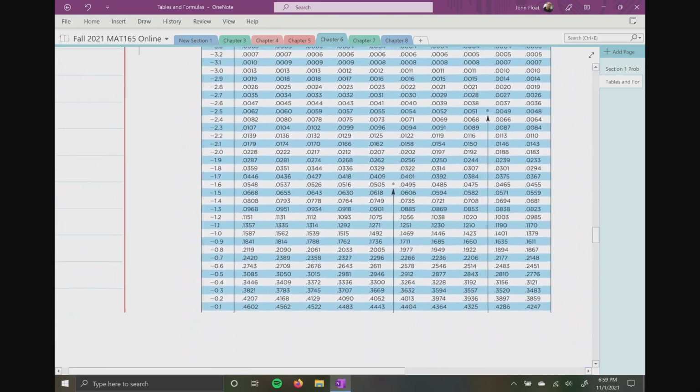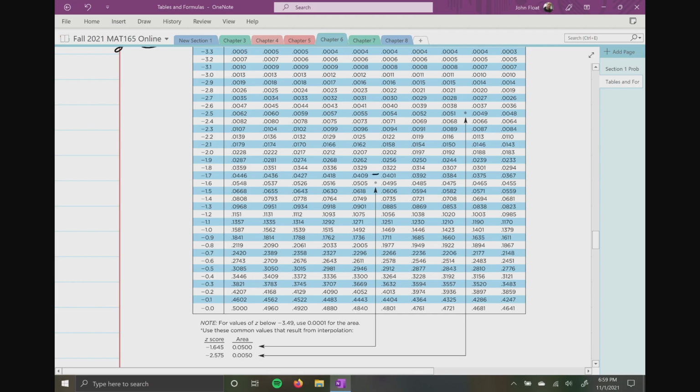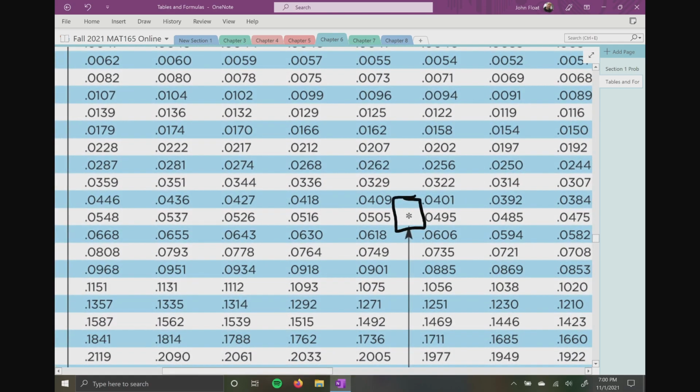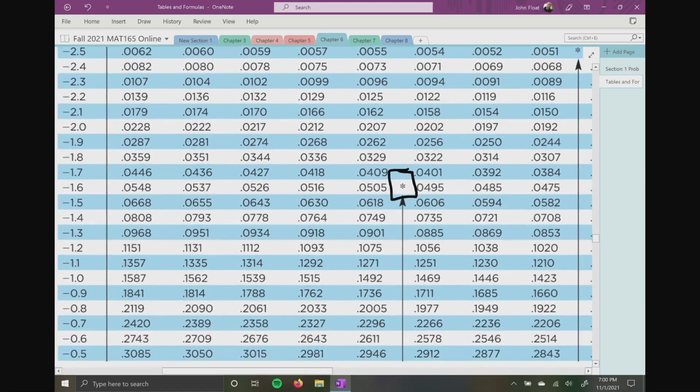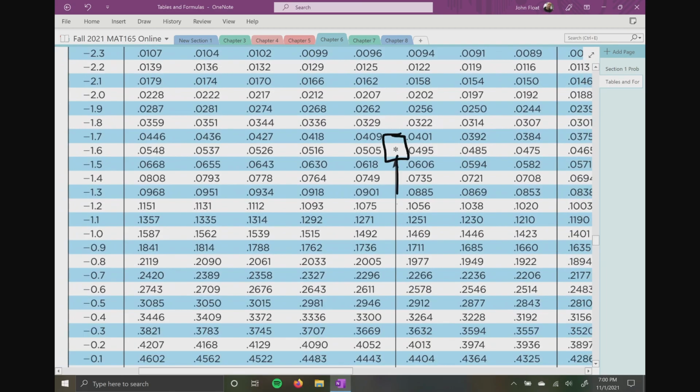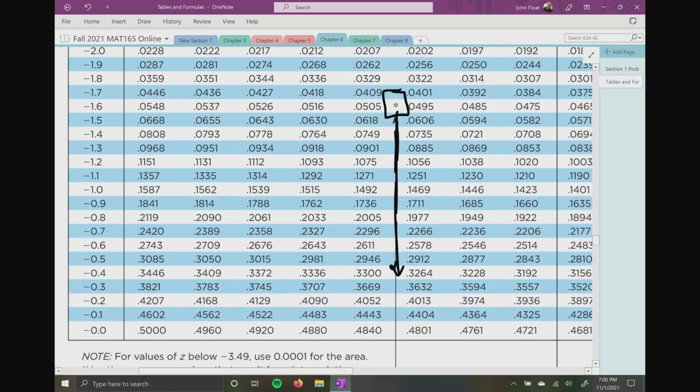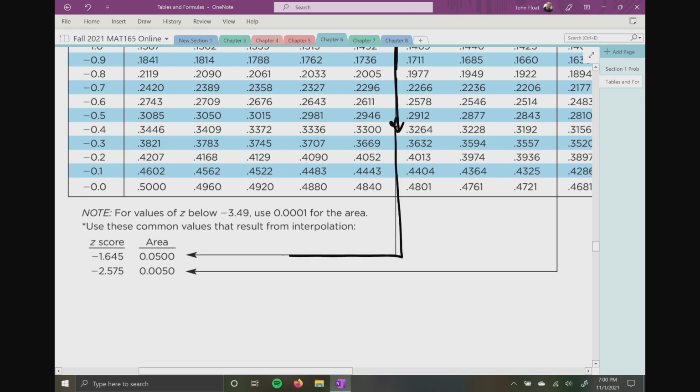Now, luckily for us, there's that little asterisk. So I'm going to zoom in. Do we see the little asterisk right there? Look at the numbers to the left and to the right. To the left, it's 0.0505. To the right, it's 0.0495. So what I'm going to do is follow this little arrow down. So let's just follow it down. And then to the right, and it says area of 0.05